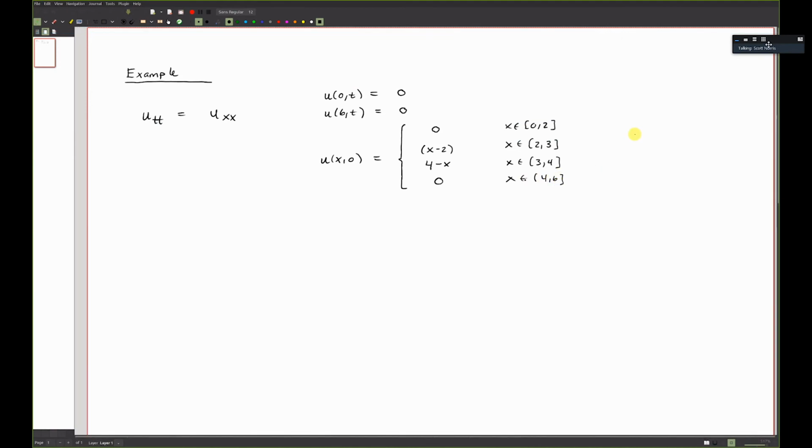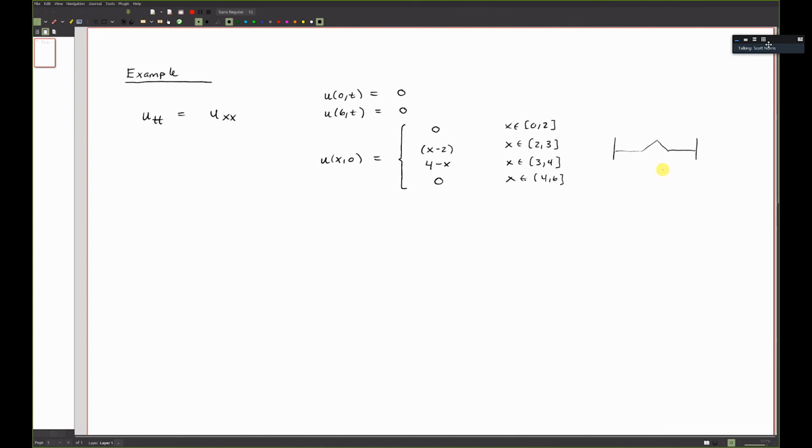All right. And what is that? It's just a bump with 0 on both sides. So the whole idea here is that we have an initial condition that only exists in the middle, and then there's nothing on either side. And this is going to help us understand a little bit more what was going on at the end